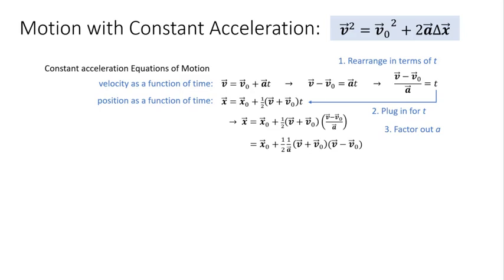All right, and now this is going to be just a flashback, right? A blast from your past. We're going to FOIL. I bet it's probably been a long time since you used FOIL to multiply anything. So what you do to FOIL is you do the first, the outside, the inside, and then the last, right? So I would get v times v, which is v squared, plus the outside, which would be v times minus v naught. Then I would multiply the inside, so that gives me plus v times v naught, and then the last, which would give me minus v naught squared.